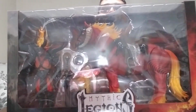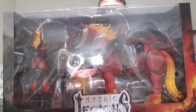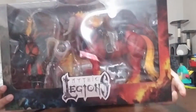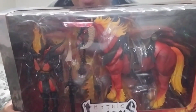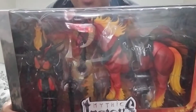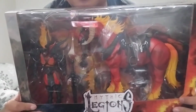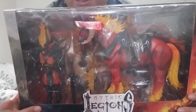But anyways, these figures are huge. This box is bigger than my torso for sure. Sorry about the glare, but I can only do these unboxings after my little one's asleep for the most part. So up burning the midnight oil. Regardless,